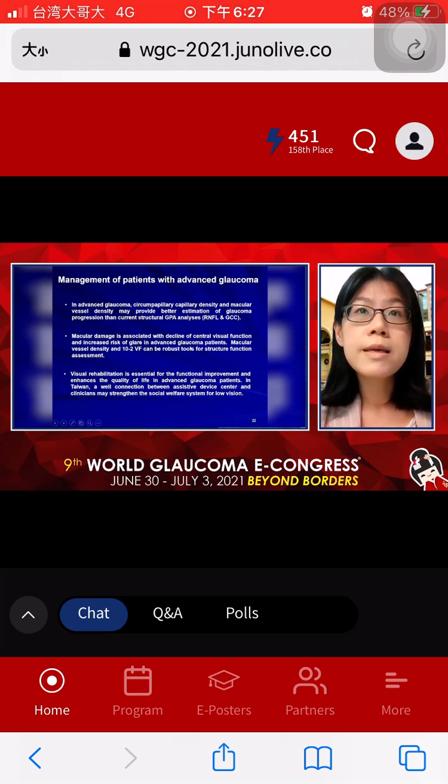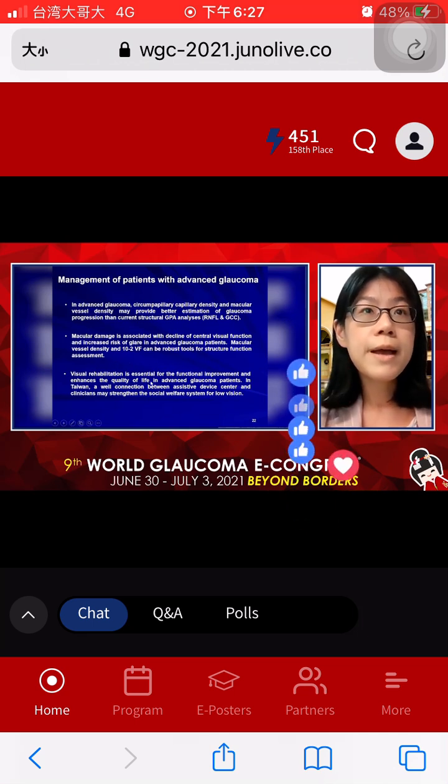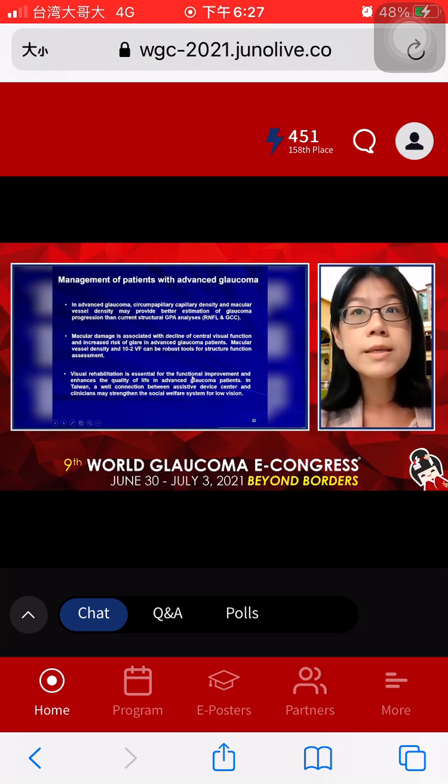Macular vessel density and the 10-degree field can be robust tools for structural and functional assessment. Visual rehab is essential for functional improvement and enhancing quality of life in advanced glaucoma patients. In Taiwan, a good connection between assistive device centers and clinicians may strengthen the social welfare system for these patients. Thanks for